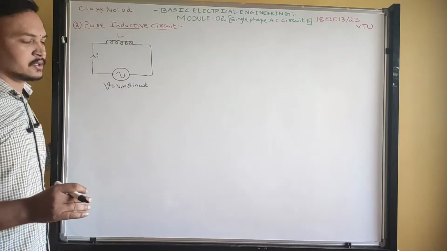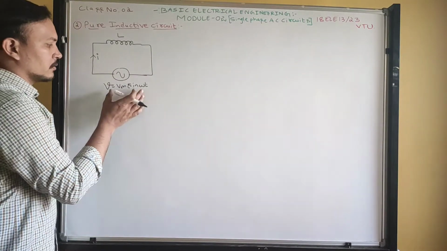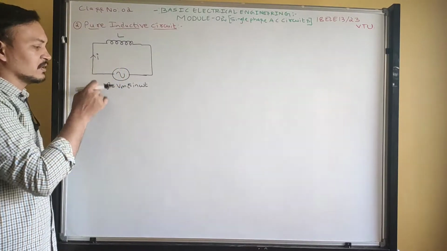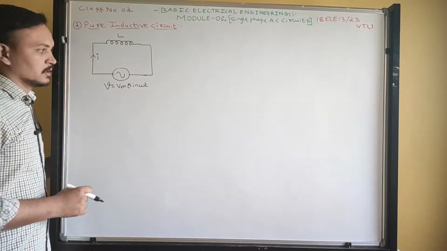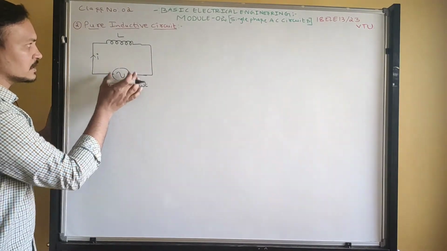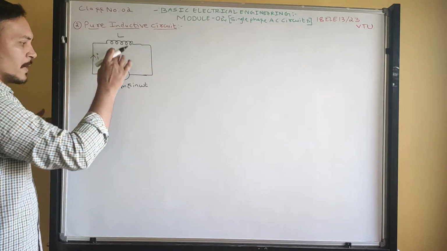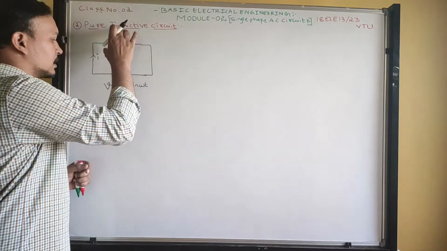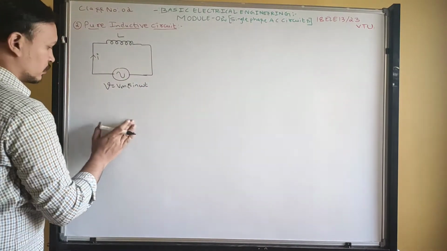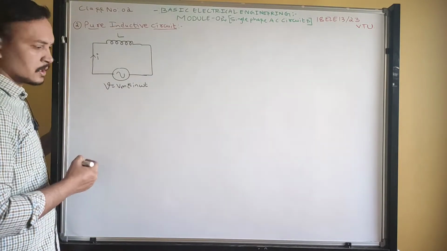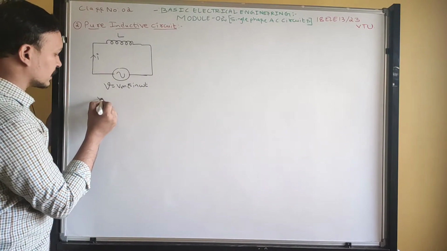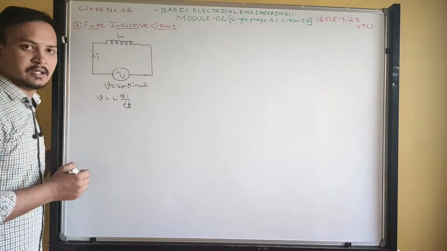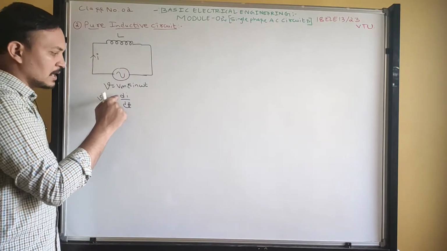So for reference, by knowing the voltage I am calculating the current flowing through the inductor, and the behavior between these two quantities. When voltage is applied to the inductor, current starts flowing through the inductor, and a magnetic field is produced. So the inductor stores energy in the form of magnetic field. We studied this in plus 2 and we know the basics. So we can write the voltage across the inductor V is equal to L into di by dt.